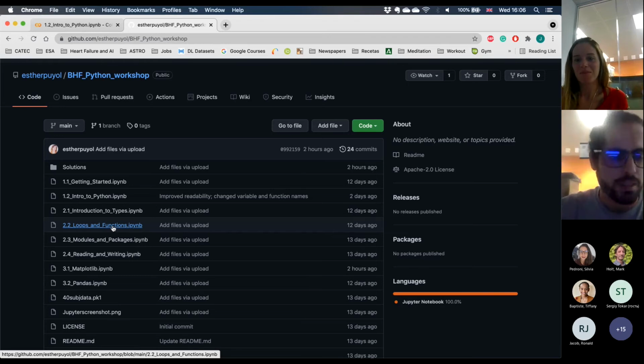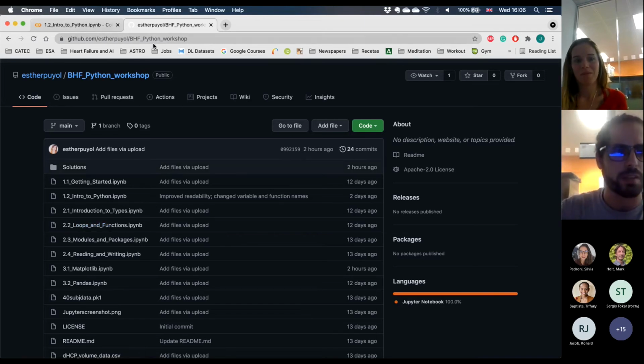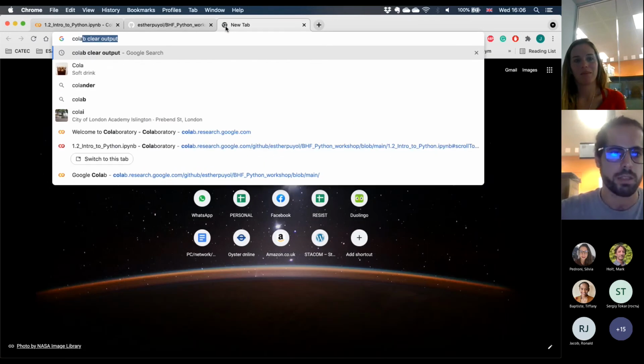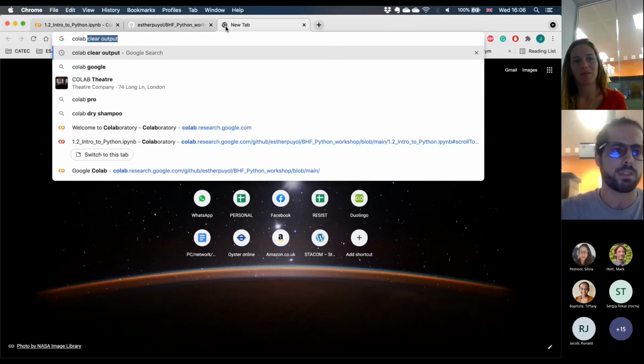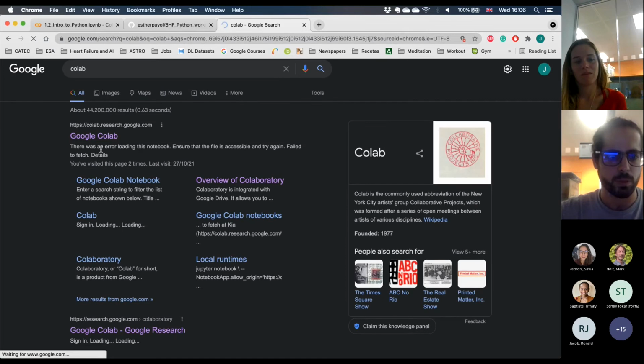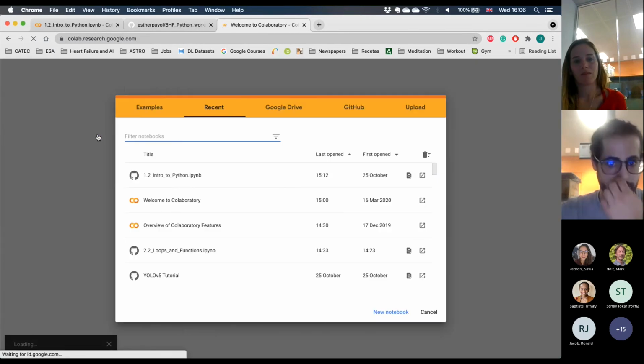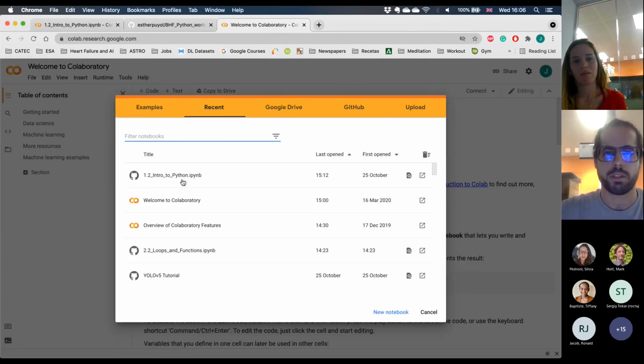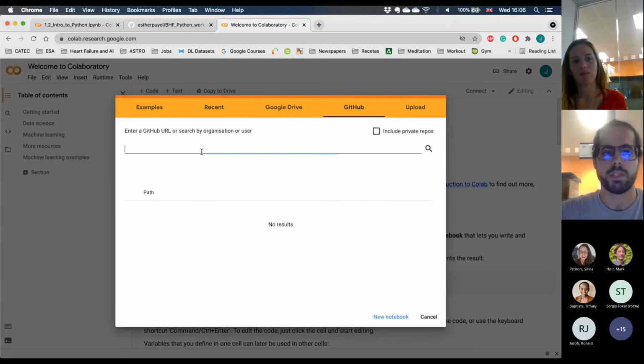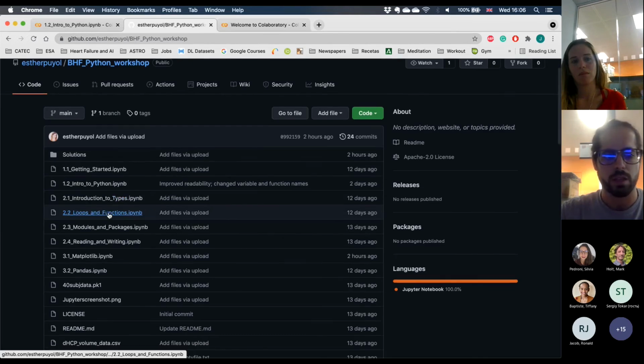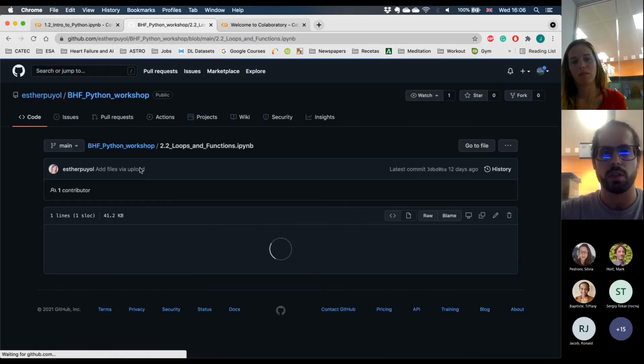Okay. So, because it's been a while since we opened the Colab notebook, let me just show you the steps again. We go to Google Colab. It will come up with this screen that we have here, and we need to click on the GitHub tab. And here we can straight away put the link to our repo. In this case, it's going to be 2.2, loops and functions. So I can open it here,